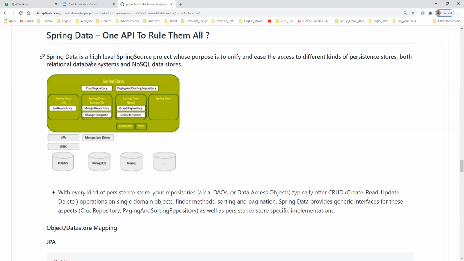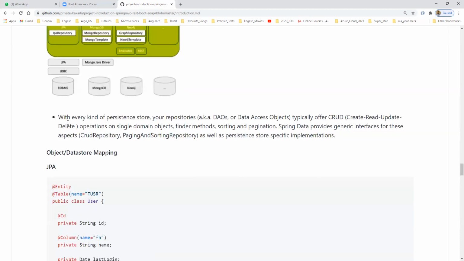So fine. Spring Data is a high-level Spring Source project whose purpose is to unify and ease the access to different kinds of persistent storages, both relational database systems and NoSQL data stores. So that is what we discussed now.